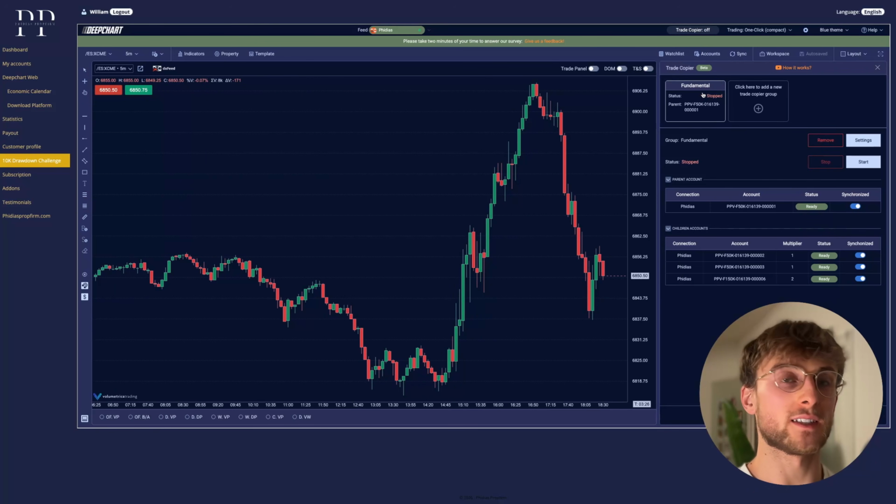So here we can see the fundamental group has been created. Currently the status is stopped because it's not yet running. The parent account is the 150K fundamental account. Everything is good. Now we can remove, so delete the group, or go into the settings and change the settings as we just did earlier. And now we can go and hit